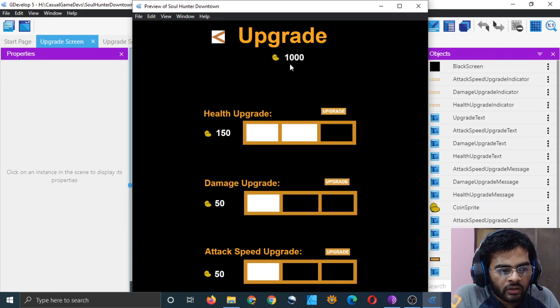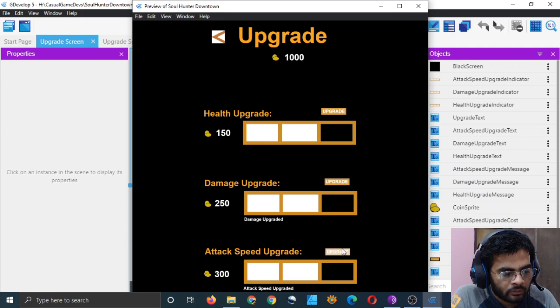My coins are not getting subtracted, so that's a bug. Oh, this one upgraded. Wow, it's interchanged. If I do it again, health is fully upgraded.